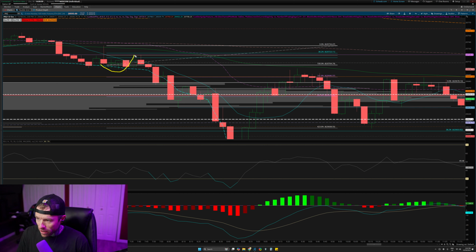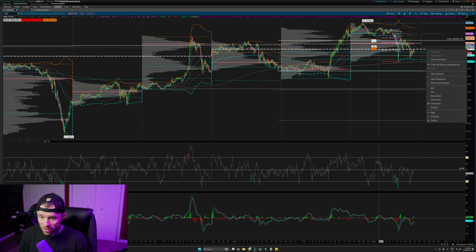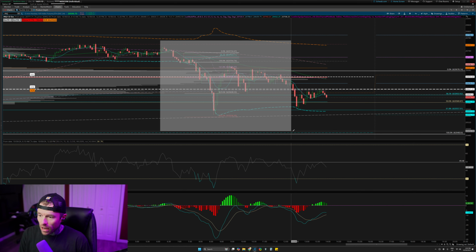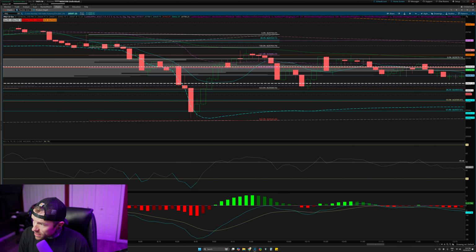I still called it long into the golden pocket and then back down as it wanted to walk down the extensions. So we ran into 1618, 2618, and one of my favorites, 423.60, right? So we had some pretty massive extensions even past that today, and we hit the red alert zone, which is the 666. I can't really tell you why I have this here. Very secret, very, very hidden stuff. Batman level, you know the drill.